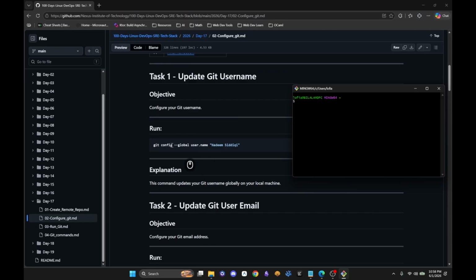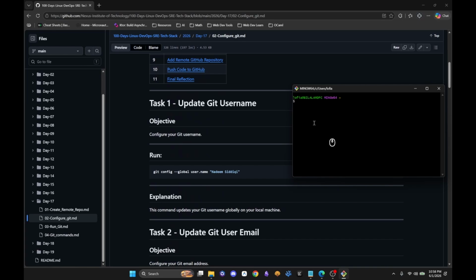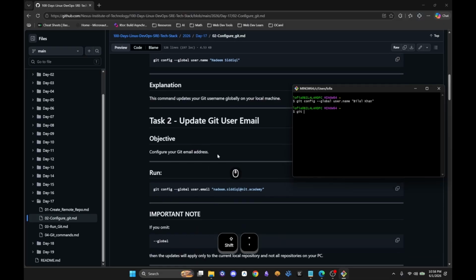This is the first command you want to type in, git config --global user.name. And Nadim Siddiqui is the name that we have set over here, but what you want to do is you want to set this to your actual name, right? Either the alias or the username that you use for your GitHub account or your actual name. So for me, git config --global user.name, and I'm going to do Bilal Khan, enter. Then the next command, which is going to be the user email,